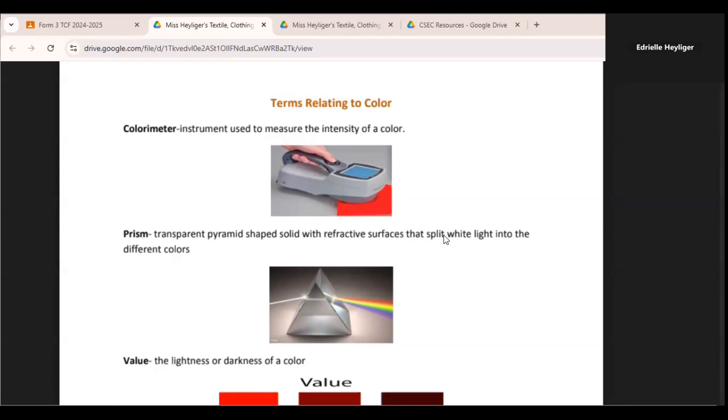First one we have is colorimeter. So the colorimeter is actually an instrument that we use to measure the intensity of color. And later on, we're going to see what we mean when we say intensity of color. For now, you just have to know that your colorimeter is going to measure the intensity of